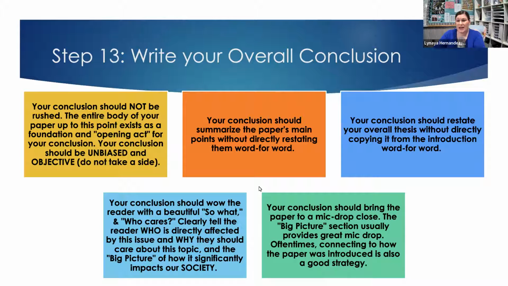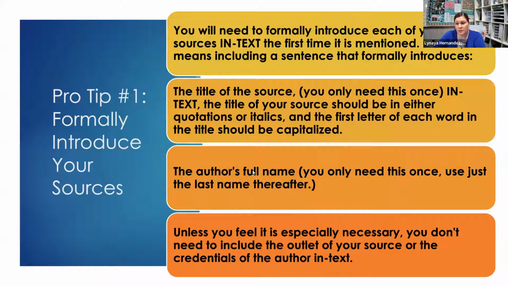A big picture is, what's our society going to be like if we don't fix the issue of the topic that you have highlighted? And then what could our society be like if we do address it? So after you're done with your conclusion, it's important to remember that as you're writing, you have 6 sources in this literature review. The first time you mention each of your sources, you must formally introduce that source. So that includes the author's full name or the multiple authors' full names, the full name of the source itself, and a little bit of a summary of the source, which you also need to cite,